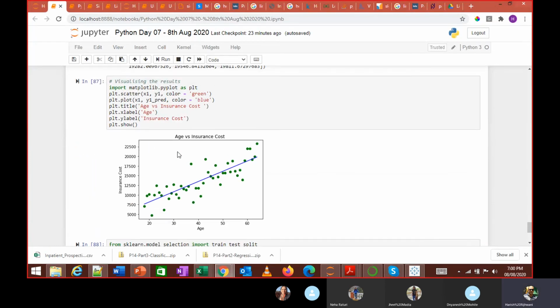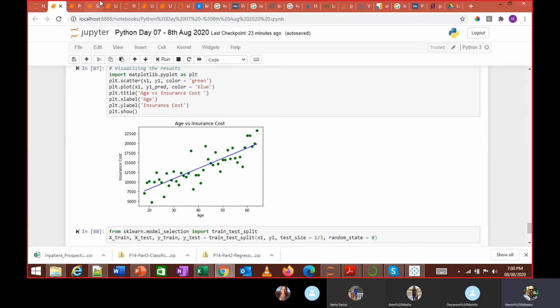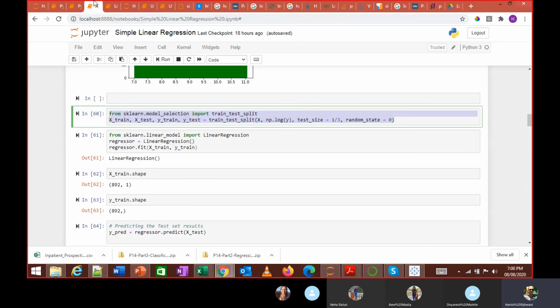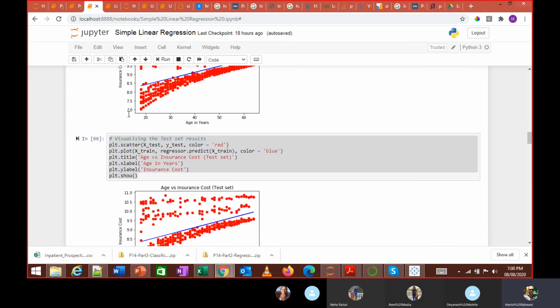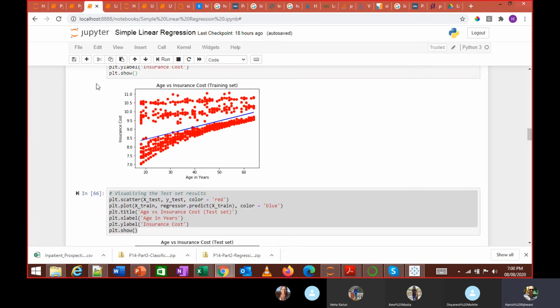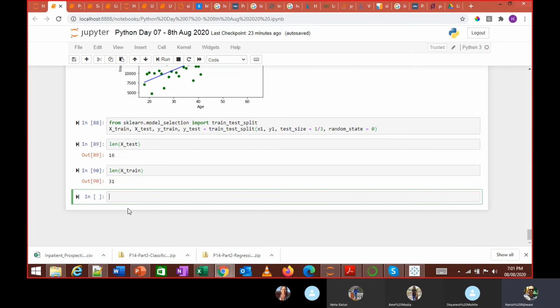Okay, so here I have used this splitting of the value. In the same way I am predicting that value. Let's say I use that model. So reg is equal to LinearRegression.